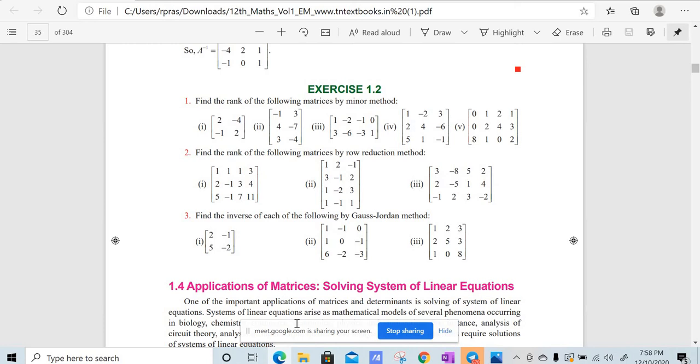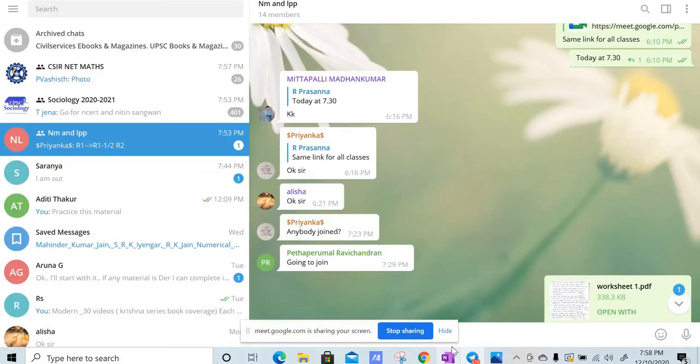So therefore step 3 also you can just go to step 4, because step 3 we already have 1 here, and step 4 we make this element 0, this element 0 with the help of this element, and then step 5 will be make this element 1 and then make this element and this element 0 with the help of this element. So the resulting matrix is the inverse of the given matrix. You can verify the answer by multiplying this matrix into the matrix which you have found and check whether you have got 1 0 0, 0 1 0 and 0 0 1, right? So this is Gauss-Jordan method.